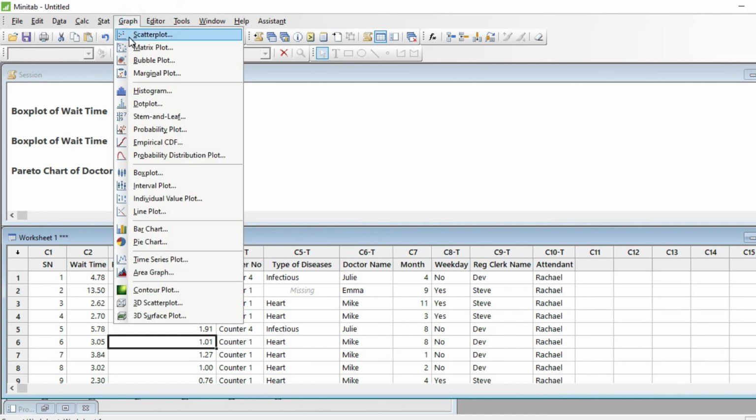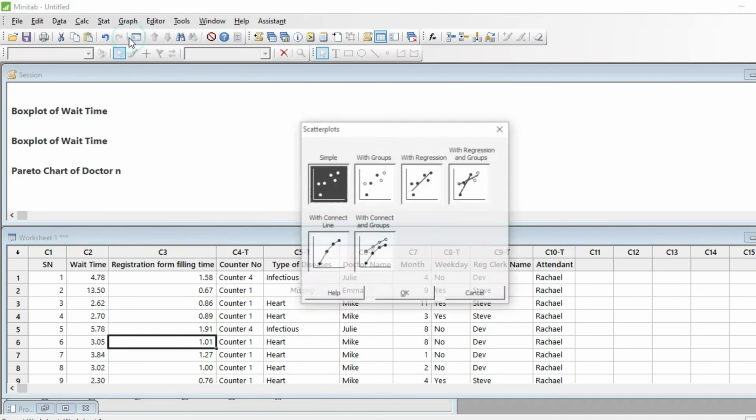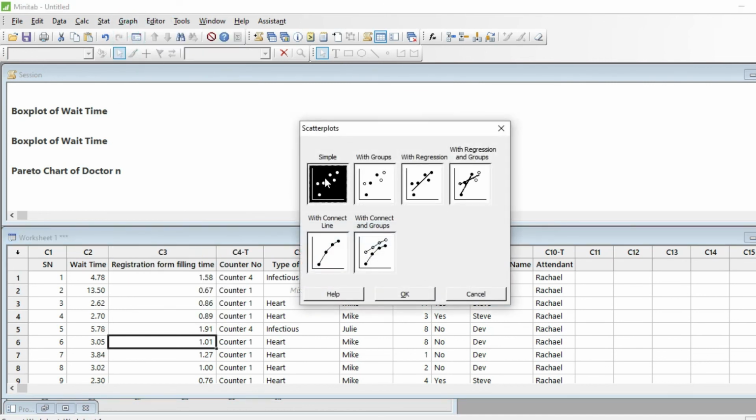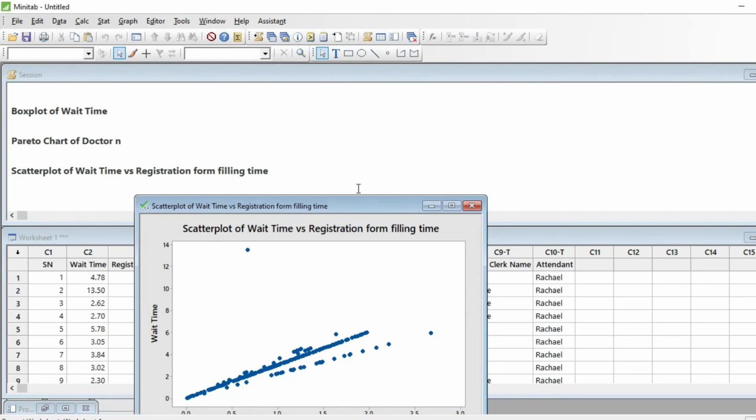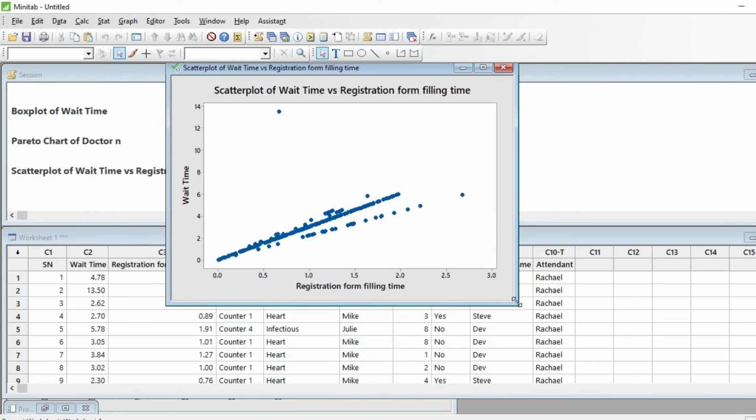Alright, now let's look at how this is created in Minitab. So I go to graph, I go to scatter plot, I click on a simple scatter plot for now, and I press OK. So I have y variable and x variable. Here the y variable is my wait time and the x variable is the registration form filling time, and I click OK.